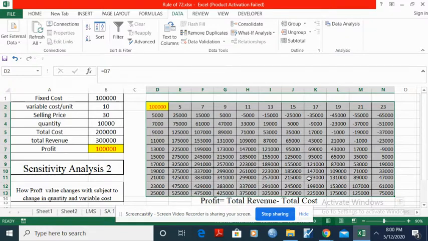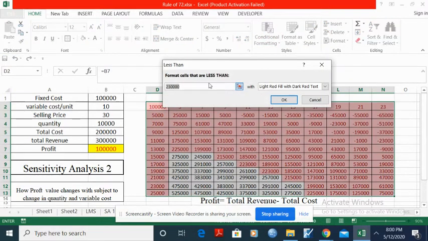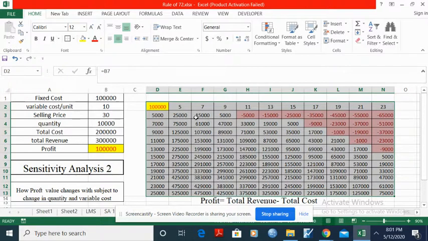So what is the use of the sensitivity table? Now go to Home and just understand. Highlight cells less than 0, which shows where we are getting negative profits. If you go for 11 rupees variable cost and fix 5,000 quantities, you will get a negative value. Similarly, if you manufacture 11,000 quantities and the variable cost is 23 rupees, assuming the selling price remains the same, in those cases you will get negative profits, or less than zero profits.